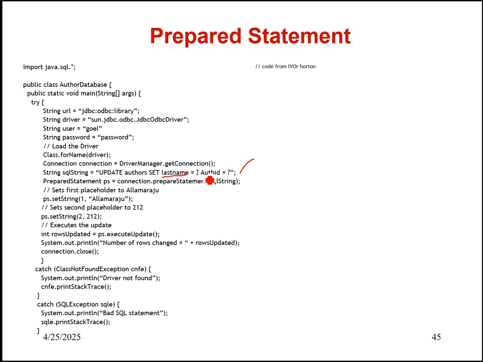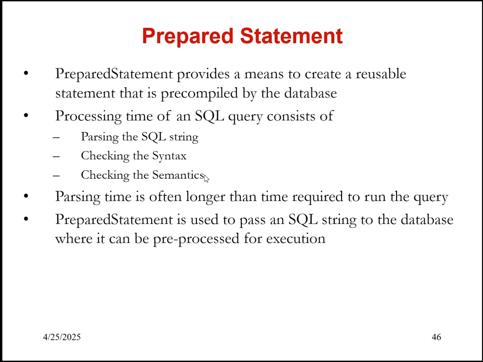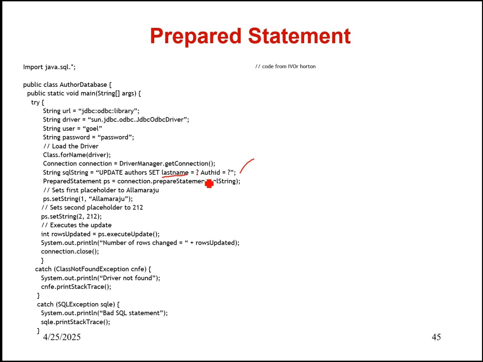Another column is the author ID. The second column is the author ID. So here I am specifying a question mark. That is, without giving the values, I am just giving a question mark. So within my prepared statement object, that is connection.prepareStatement, I am specifying this SQL statement here. Now for these question marks, we need to send the values while executing the statement. We need not mention the values until then. Only before execution of the statement, we need to set the values for these